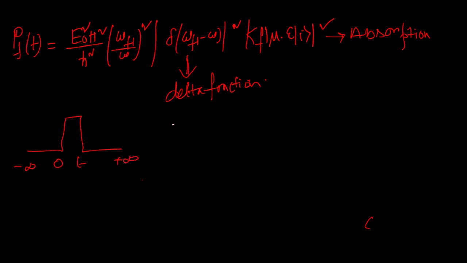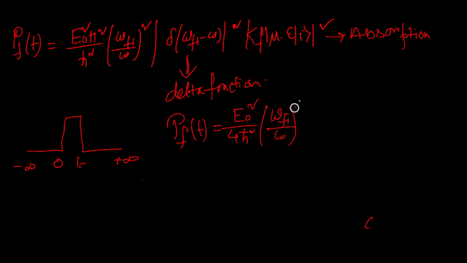Okay, so it will become like this: E0 square by 4h cut square, sine omega t by 2, whole square, into